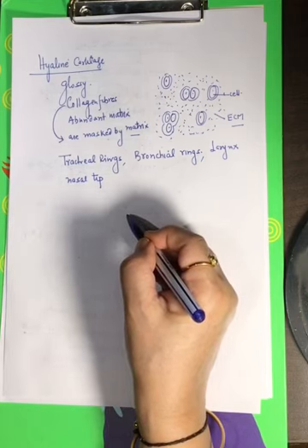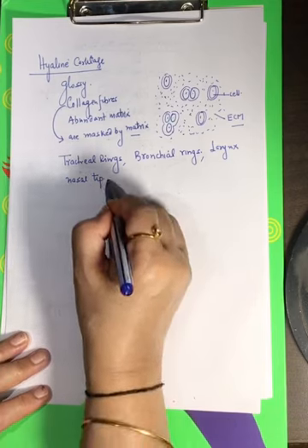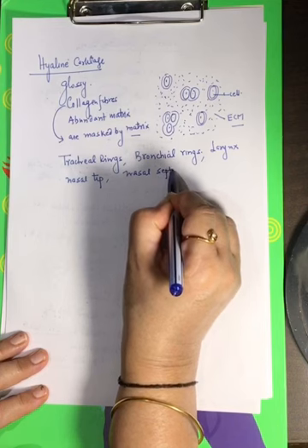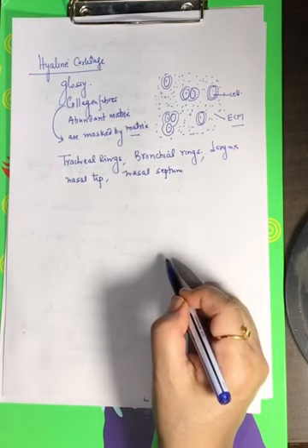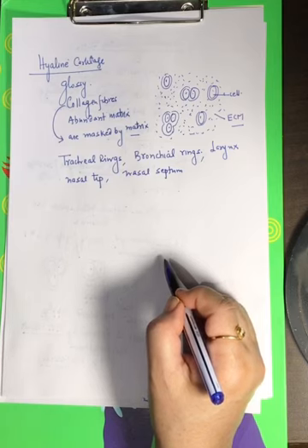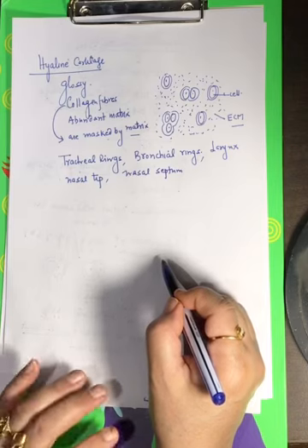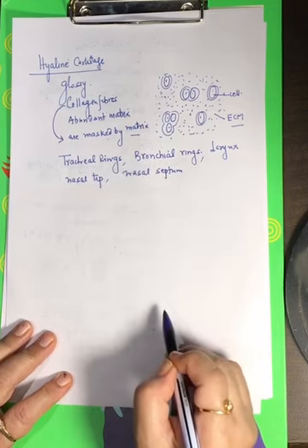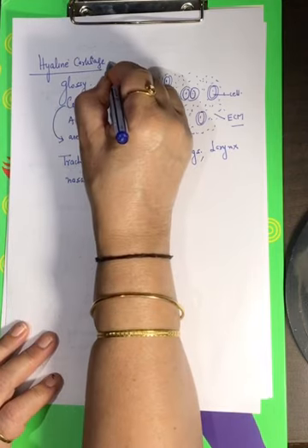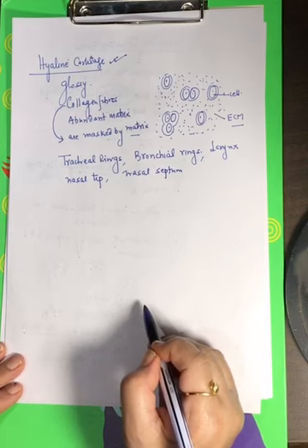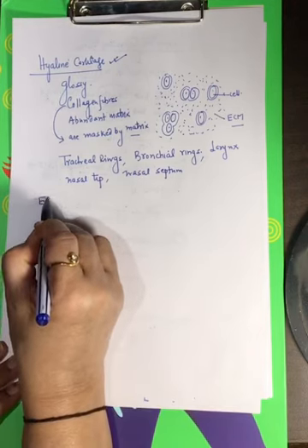That is why it is firm, but it is flexible. And then the nasal septum, the septum that divides your nose into two nasal cavities. Between the two nasal cavities, you have the nasal septum. If you touch your nasal septum, it is firm, but it is flexible, because it is cartilaginous, and this cartilage is hyaline cartilage. So this is the first cartilage, which has collagen fibers masked by the matrix. Then elastic cartilage.